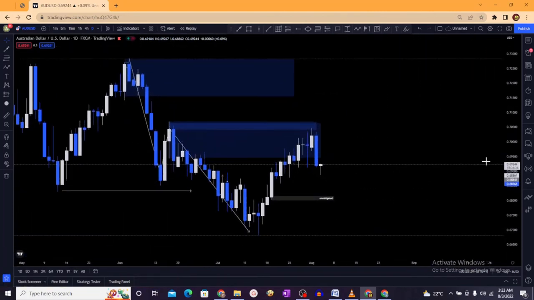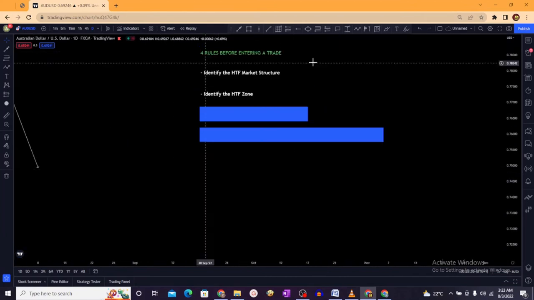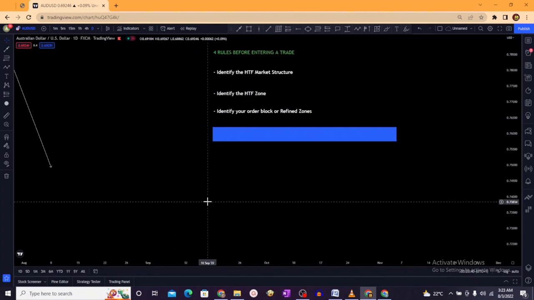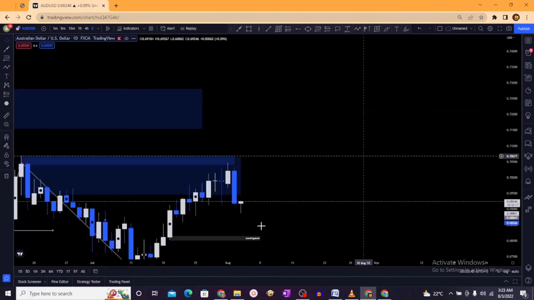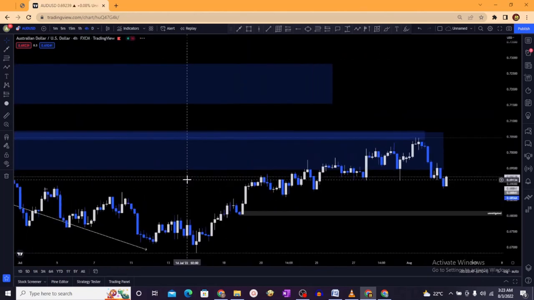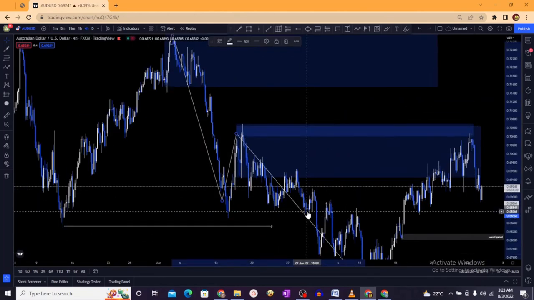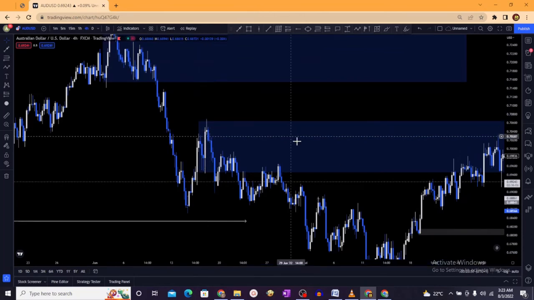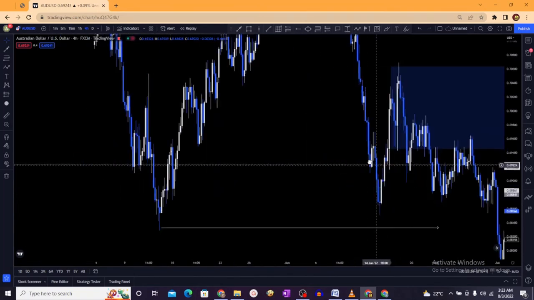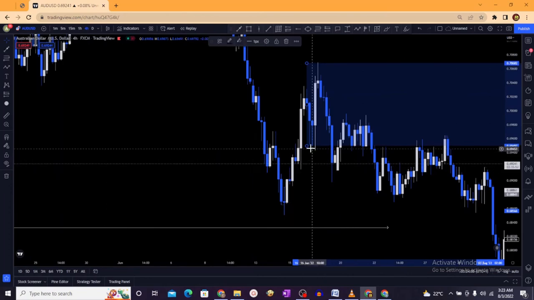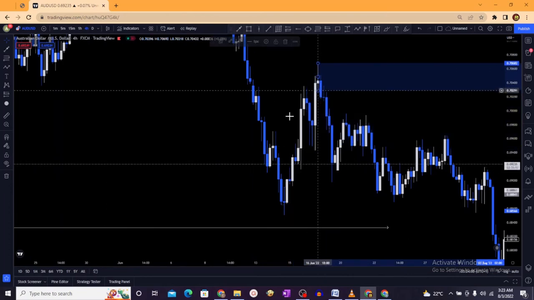Alright, so the next rule is what? Identify your order block, or refined zone, or your point of interest. So on this big daily zone, I'll go to my H4. I identify my order block. What's an order block? An order block is the last buy candle before a strong down move, or the last sell candle before a strong up move. So here we are in a downtrend, so we're looking for the last up candle before a strong